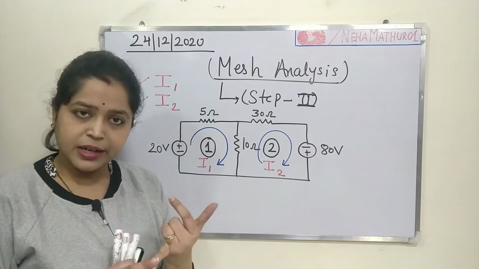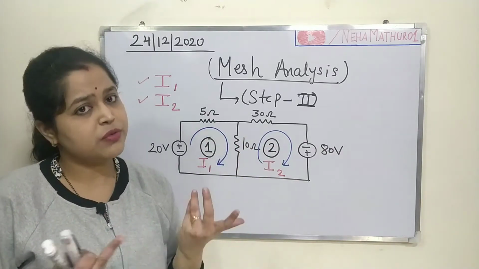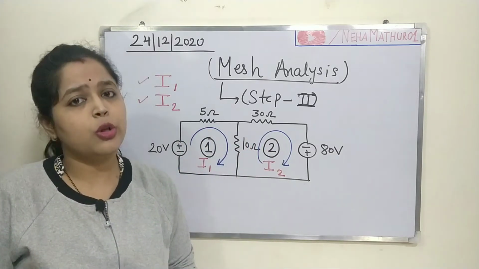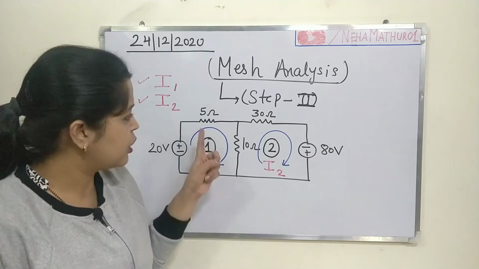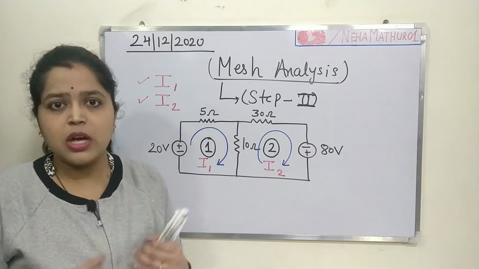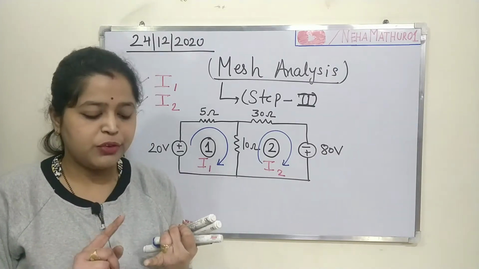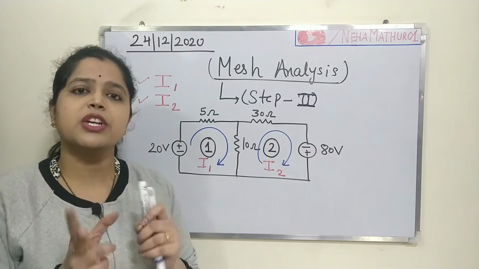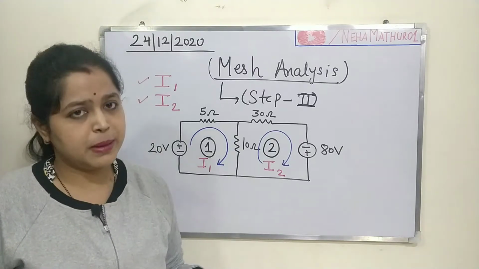The first one is current across any of the resistors, and the second one is voltage drop across any of the resistors. Sometimes the examiner may also ask about the power. What about the power dissipation across any of the resistors? The solution is simple. If you are clear with the voltage and have already done the complete calculation of the current, then with the multiplication of voltage and current you can get the power. So it is again the simplest method.